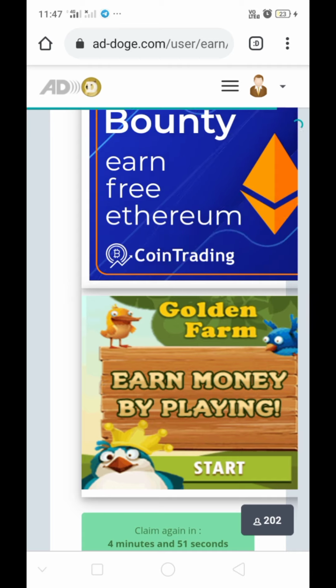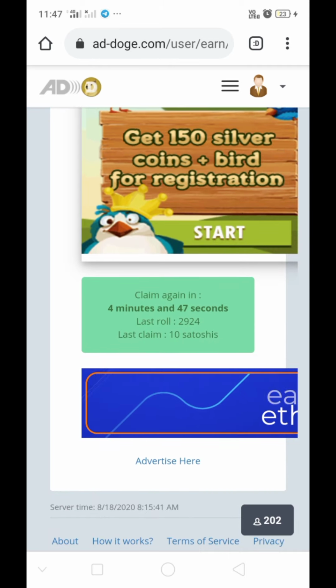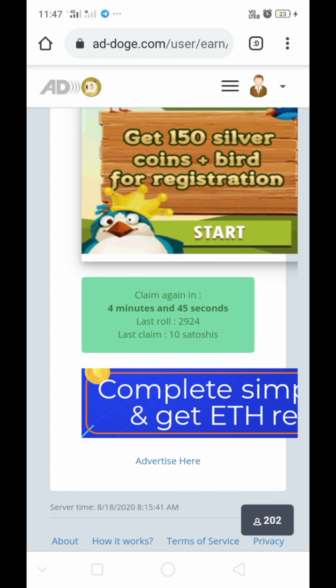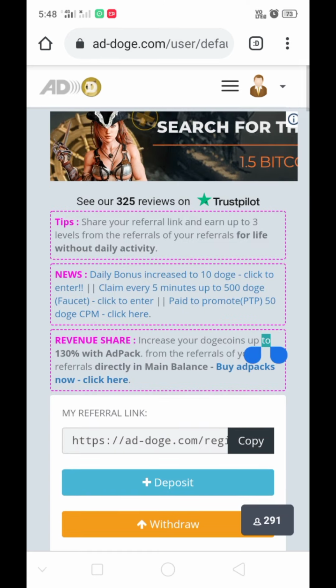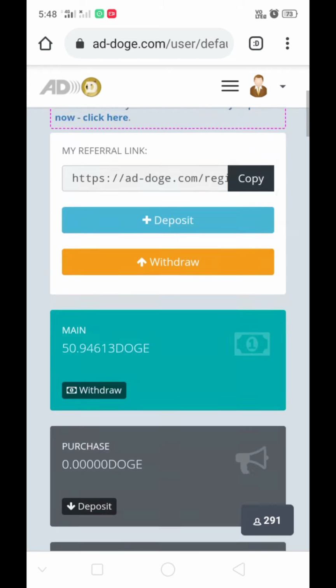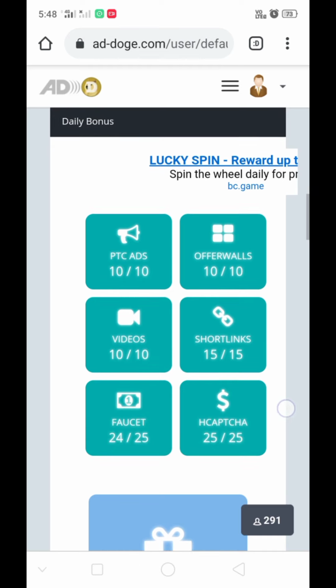I received 0.1 doggy, and after 5 minutes you can do the same. This way complete 25 faucets. Now I have completed 24 faucets.